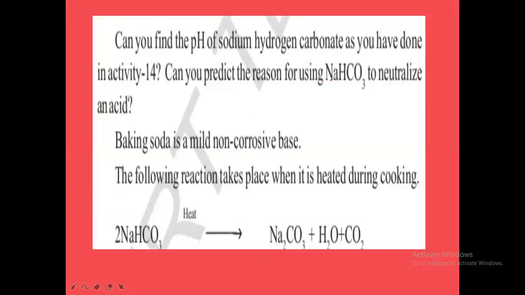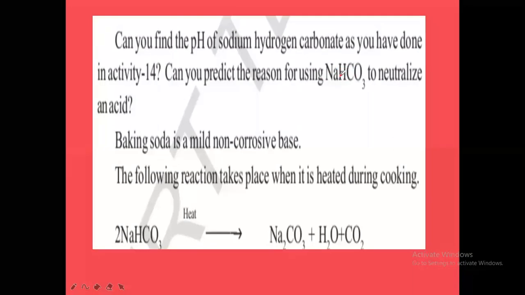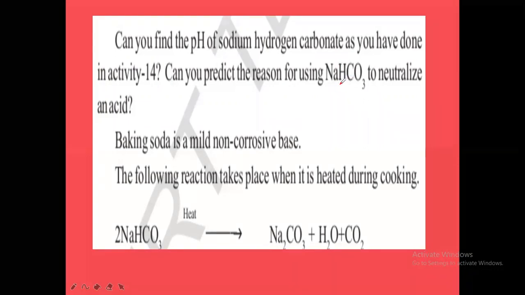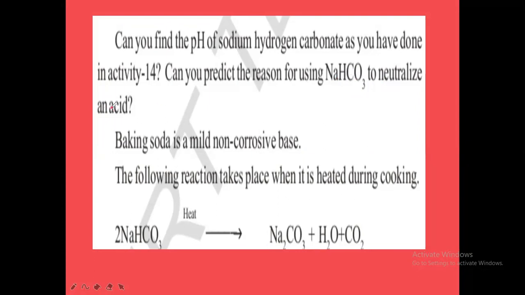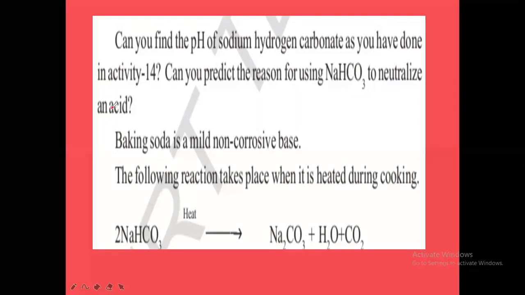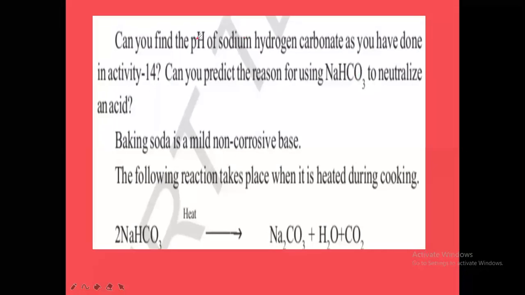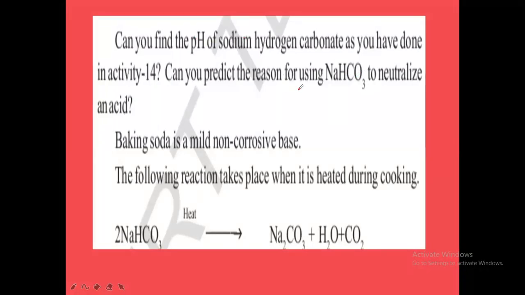What is NaHCO3, basic substance or acidic substance? It is a basic substance. Therefore, it is used to neutralize any acid. In the stomach, HCl acid is produced, and that HCl acid can be neutralized by using baking soda. This NaHCO3 common name is baking soda, which we have in the kitchen. Baking soda is the common name, whereas the chemical name is sodium hydrogen carbonate. Its pH will be nearby 13.